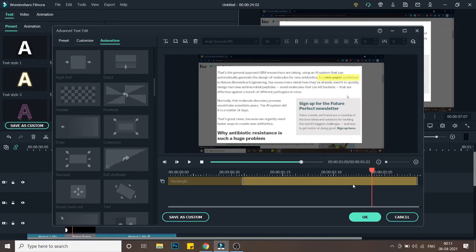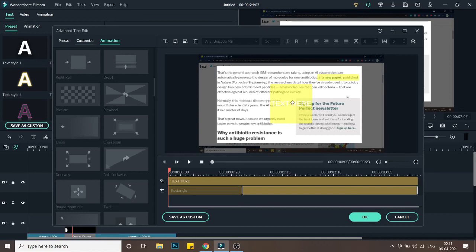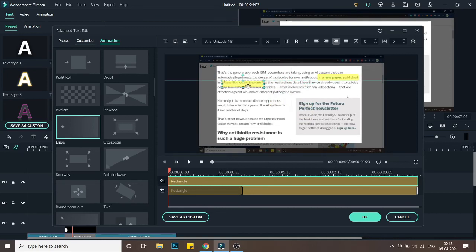So once this is done, I will try to highlight this line of text below as well. So we'll go again to the start of this video, we'll add another rectangle shape, and we'll remove this text, and again we will size this and place it. Let me just adjust this, and we'll place it in the line below, and let's highlight this completely. So as you can see, the above rectangle is the new one that we created.